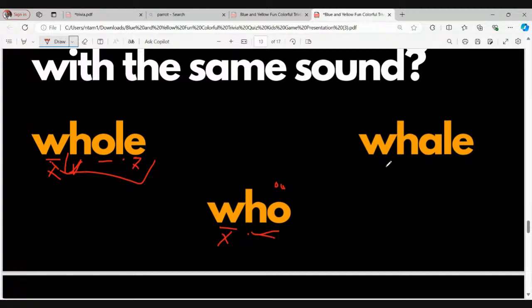Our next word, we have W and H together again in this word. We hear wh. So the W this time is making the sound and the H is silent. So in this one, we hear the WH make the sound, like in the word what, or where. And then the E at the end is silent. So then that is going to give power to the vowel to call its name. So the vowel is going to say A. So in this one, we hear wh, as in the W making the sound, and then you hear ale,